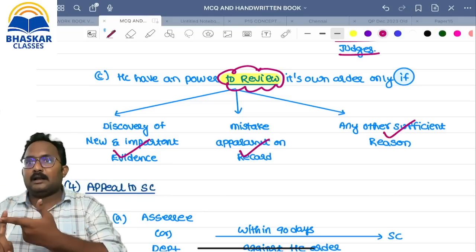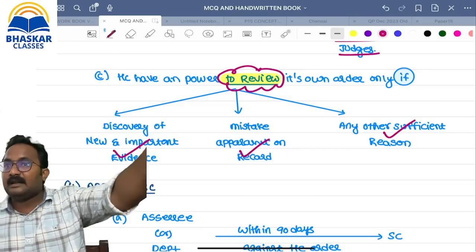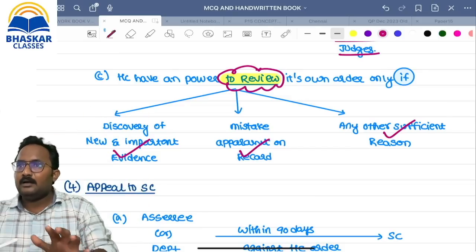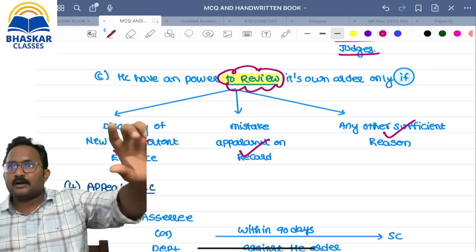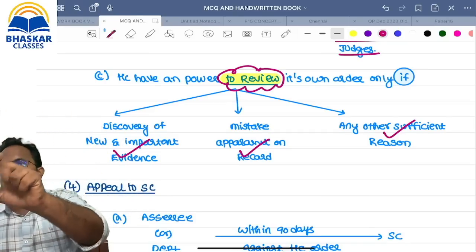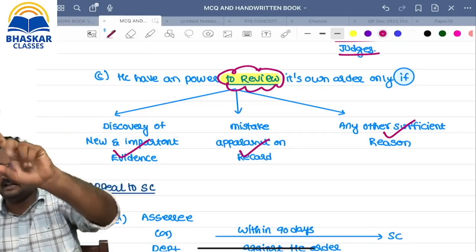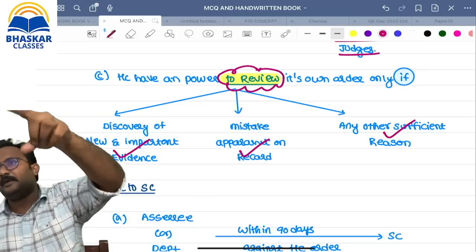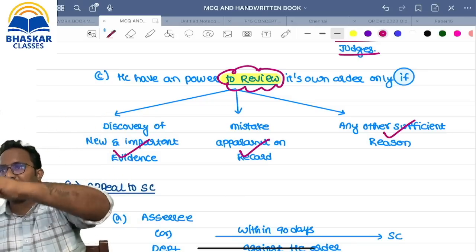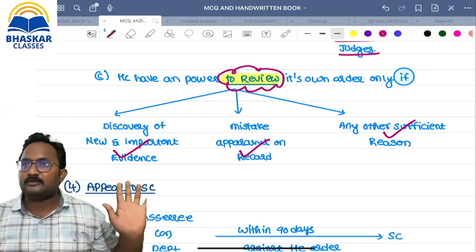Sir, in the ITAT order, if we found some mistakes, that can be rectified by using 254. The CIT order, I explained in the morning session, ma. Rectification we have in two sections, 154 and 254. 154 can be used by the AO and CIT appeals. In that order, if they have a mistake, they can rectify by using 154. ITAT already passed an order. In that, if any mistake is there, ITAT can rectify by using 254.